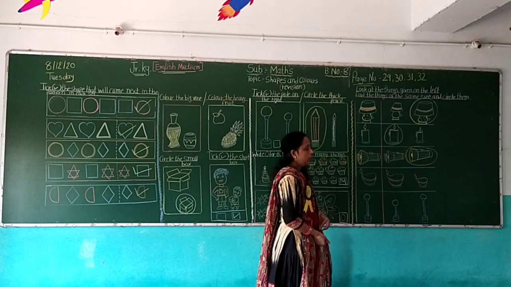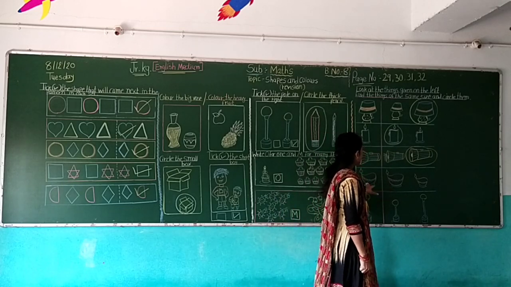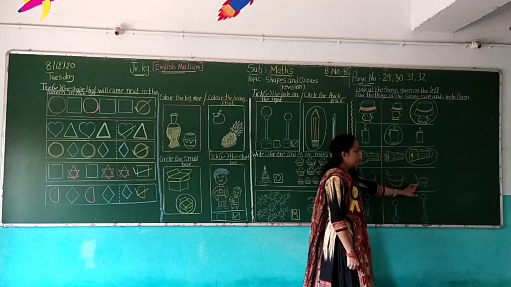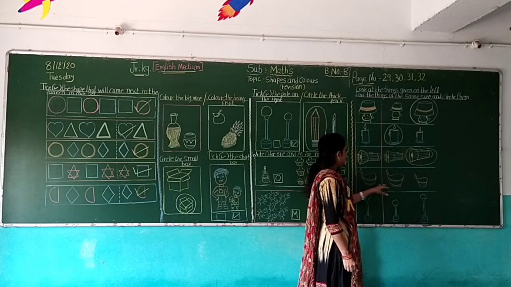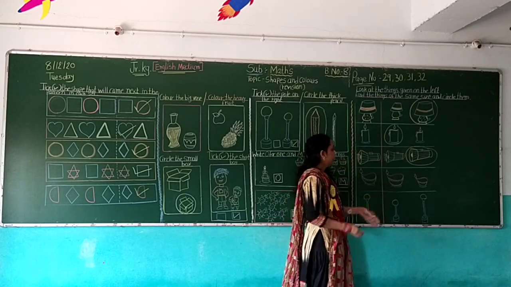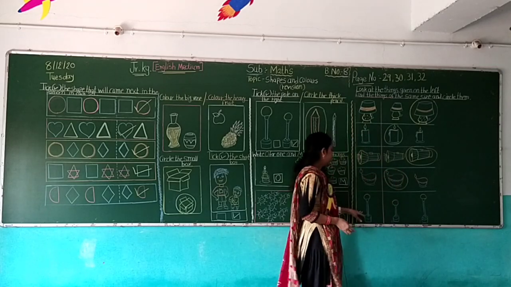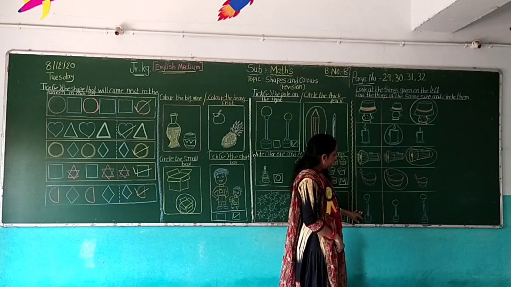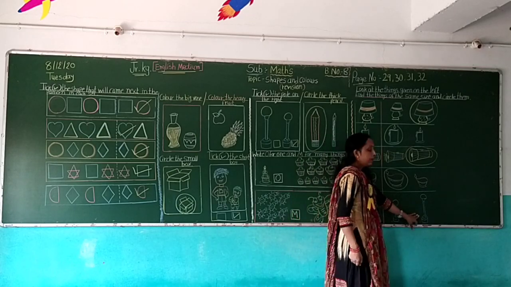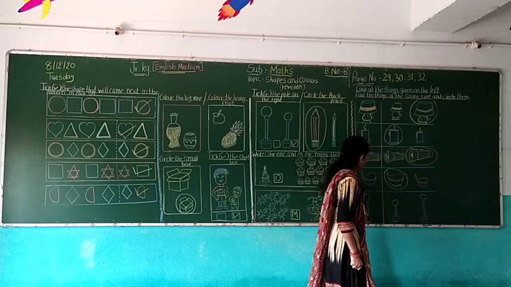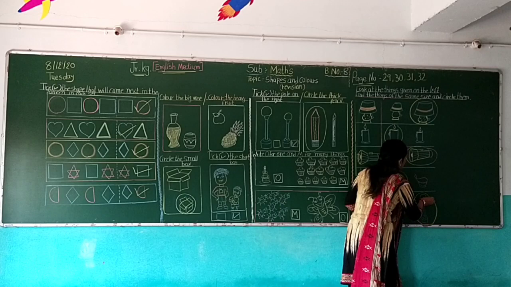Now next, look here. What is this? Diya. So, which diya is the same size here? This? No, this one is small, very small. And this is the same size. Look here. So, here we circle. Same size diya. Now next, which things are the same on this side? This? No, this is a small pole. And this? Yes, these things are the same here. So here we circle the same size pole.